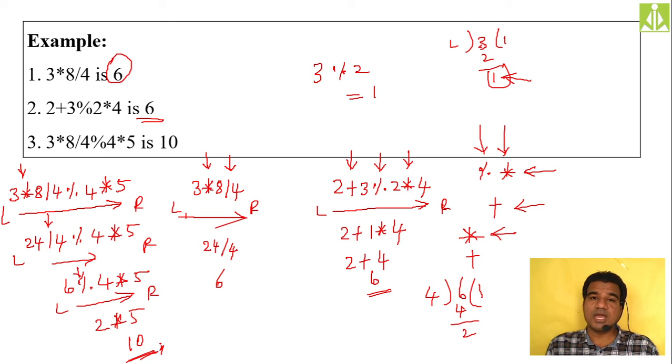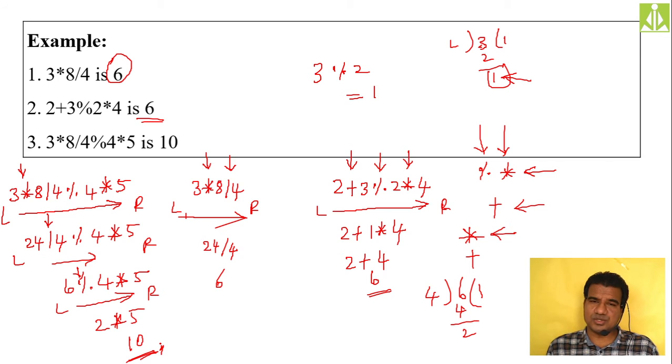So in this way, whenever you are evaluating an expression, if it is simple, no confusion. If it is complex, you need to take the help of precedence and associativity. First you need to apply the precedence, then go for associativity if required. If all operators inside your complex expression have different levels of precedence, no need to go for associativity. If some operators have the same level of precedence, then go for associativity to know how to evaluate them.